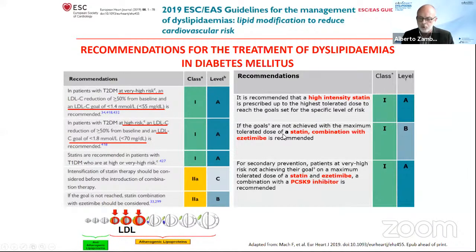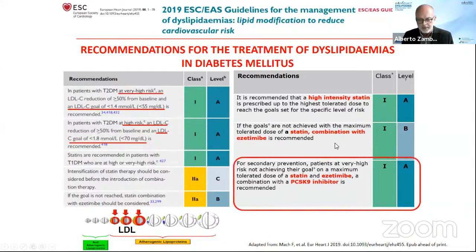And the stepwise approach suggested by the most recent European Society of Cardiology and atherosclerosis guidelines includes 3 steps. It starts with high-intensity statin therapy. If the goal is not achieved, combine ezetimibe, and at the end, if the goal is not achieved with the combination of statin and ezetimibe, use a PCSK9 inhibitor. We've heard, and I'm going to develop that concept a little, that this is probably not completely up to date, given the very low LDL goals. Probably we should think about starting with the combination of high-intensity statin therapy and ezetimibe. I'm very in favor of that approach. And of course, in certain situations, the use of PCSK9 inhibitors changes the level of LDL cholesterol we can reach